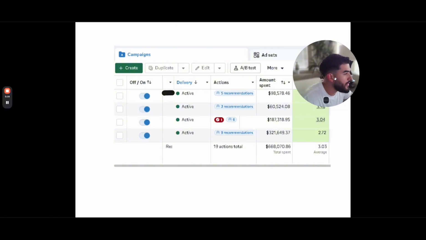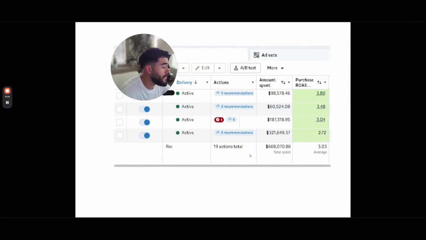This is the same thing that I've done for clients who are massive, spending over $600,000 a month. This is over a 3 return on ad spend. This is the same exact strategy and approach that you'll need for your ad account, whether you're spending 10, 20, 50, $100,000 a month. It's the same thing. You'll have to graduate this in your ad account post Andromeda.